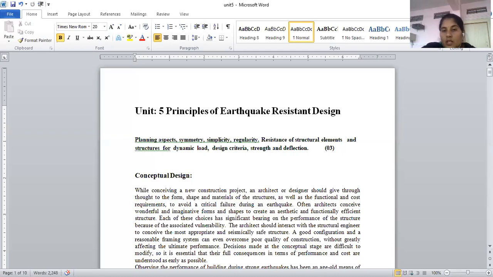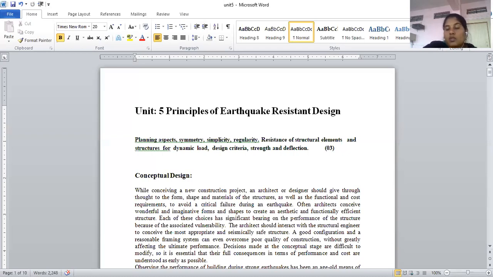Okay, so that chapter is very important because you should know all those aspects while planning and designing the building. If you apply all these aspects while planning and constructing the building, then automatically your building will become an earthquake resistant building. The most important role here is that of the architect, and the second is the structural designer. One is the one who is doing the plan, and the second is the one who is doing the structural design of that building.